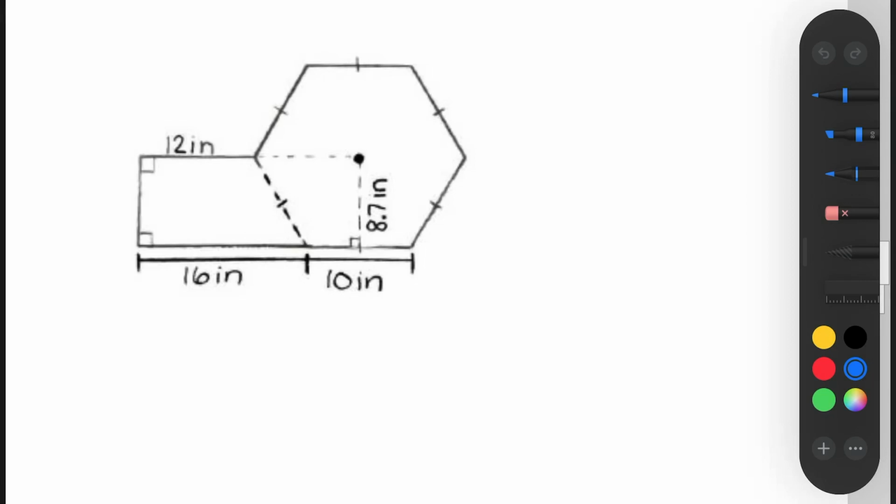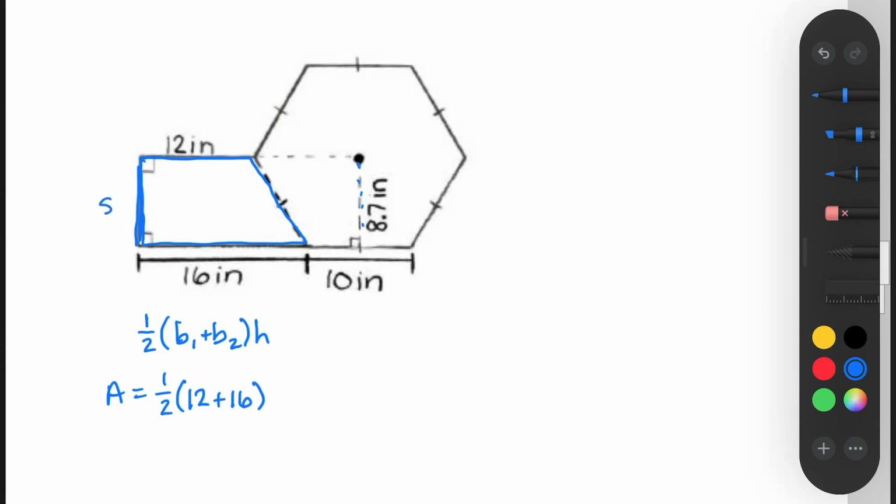So 2 questions that stumped a lot of people in yesterday's assignment were the compound area ones. So I wanted to do these for you. Right here, this first shape over here, I recognize that as a trapezoid. And so I'm going to use the trapezoid area formula, 1/2 base 1 plus base 2 times the height. And so the area of that trapezoid, 1/2, 12 plus 16. And then the height isn't labeled, but you'll see that it's labeled over here. So that height right here would also be 8.7. And that comes out to